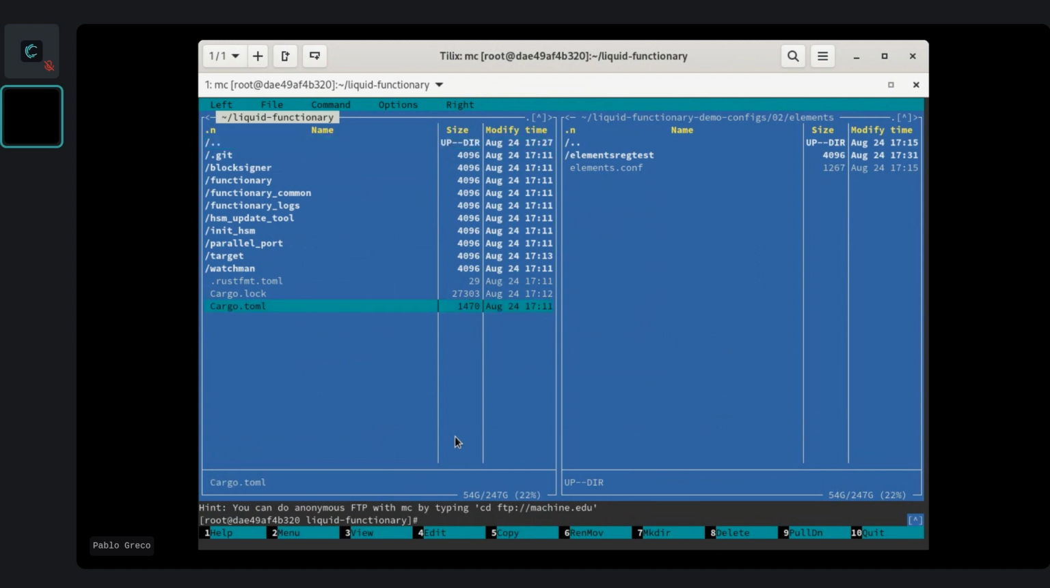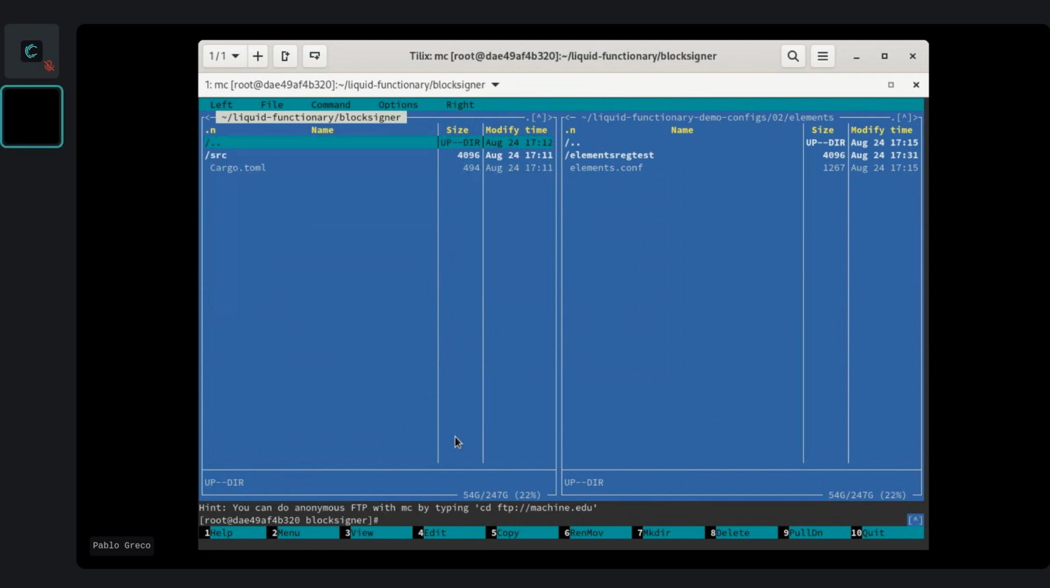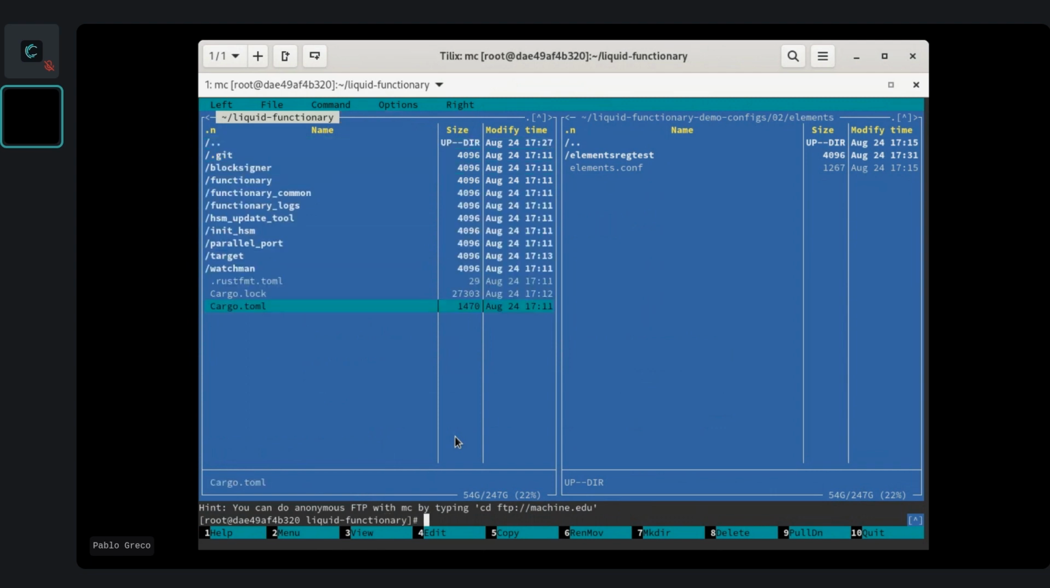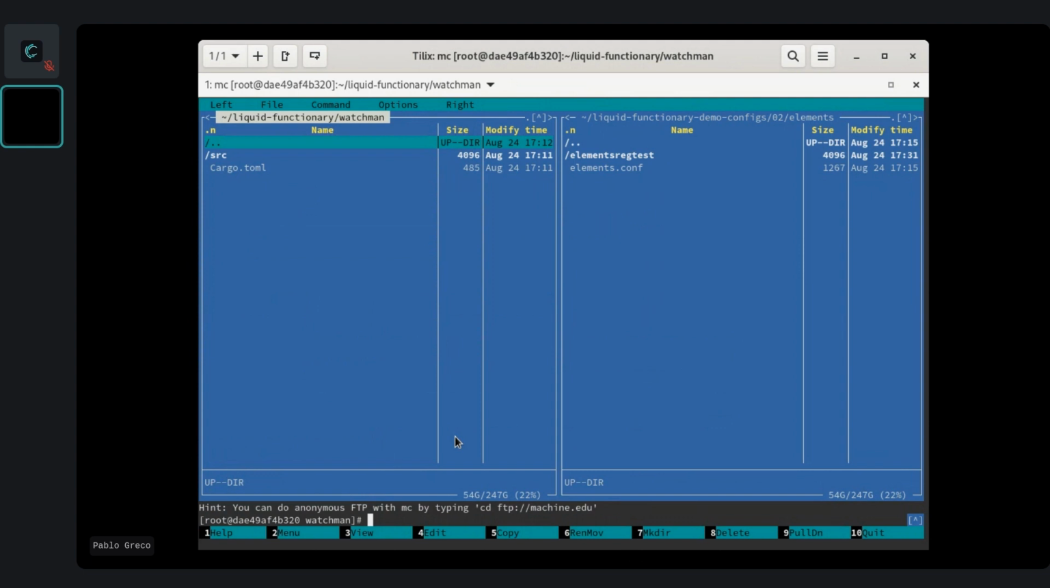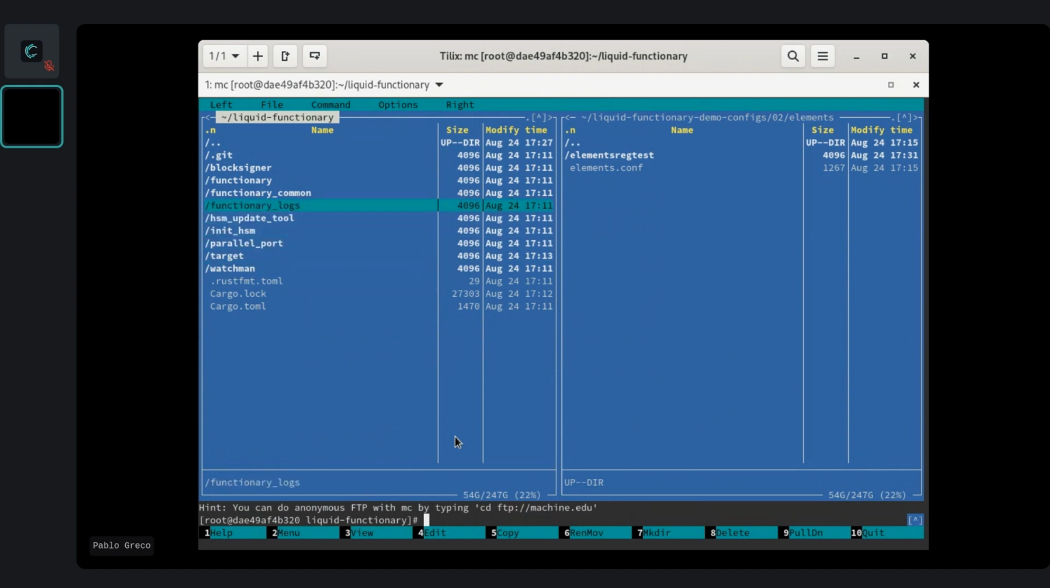So this is what we released. The main parts here are block signer, the code that is running right now, and watchman, controlling the Bitcoin side wallet. There are a couple of other tools here that are not technically necessary, but we could release them without breaking anything internally. So a tool that we use to update the HSM, a tool used to initialize the HSM,